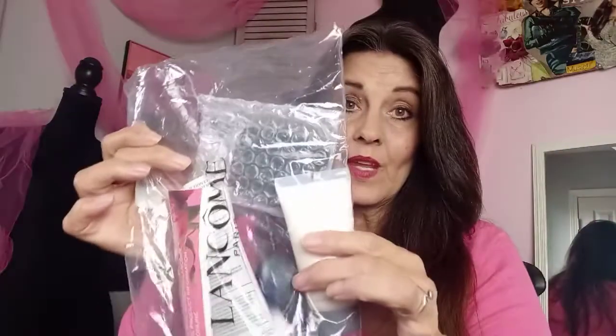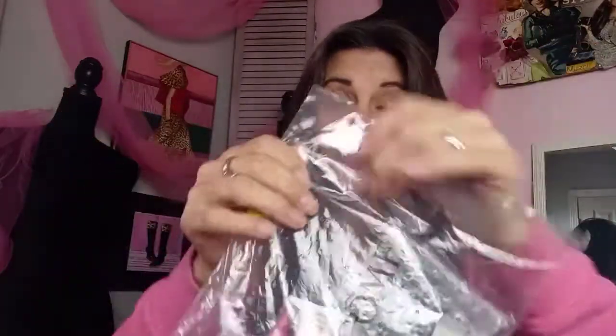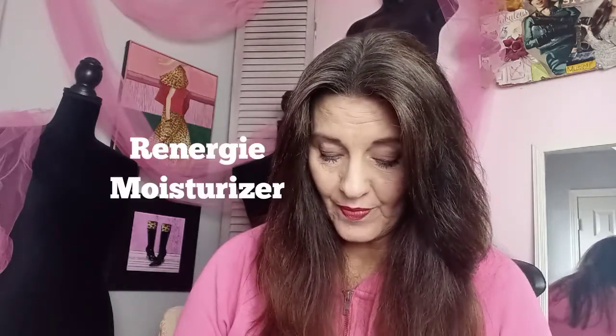And as far as the contents, they all come in one little package. So let's open our package, and we're going to dig in. First and foremost, we have the Renergie. And this is the lifting, toning, and firming